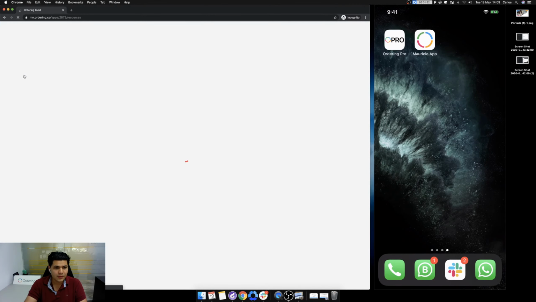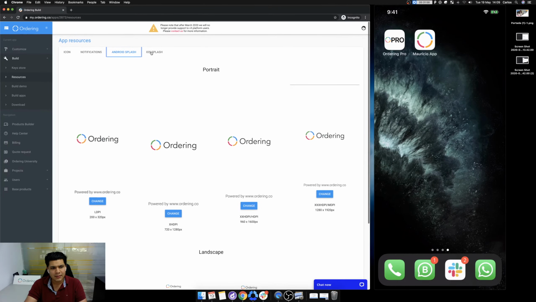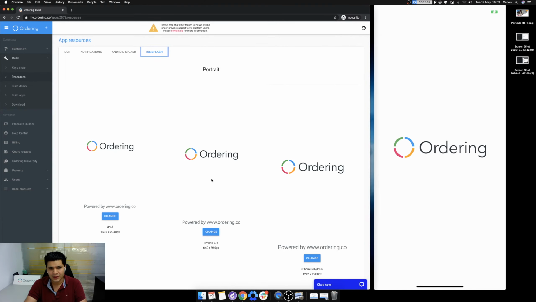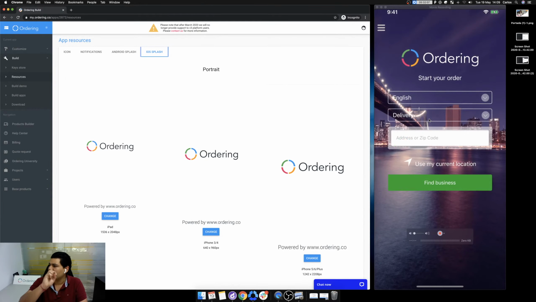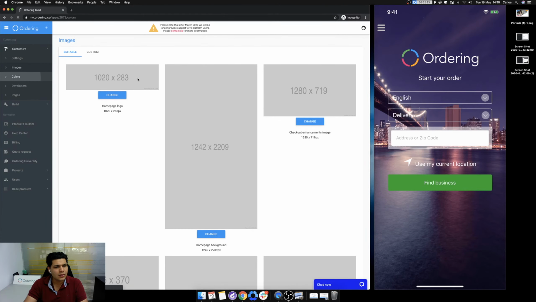So those are a few things. Here is the icon that I put. Also, all the splash images that I have set here are the ones that show when the app opens. This one, for example, is the splash image. It's like the loading screen. So that is the other resource we use in the apps. Also, we have here in colors. Let me press it back. Colors.